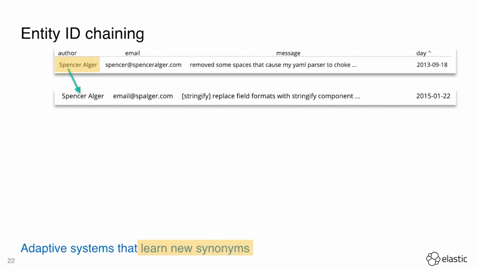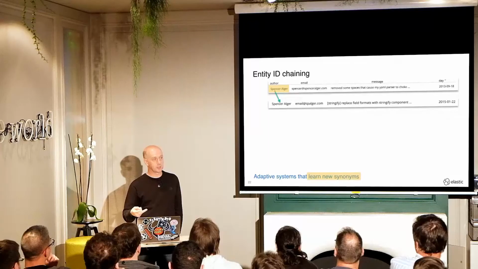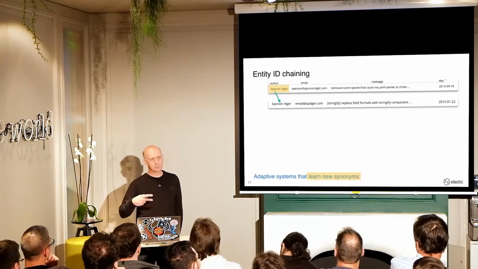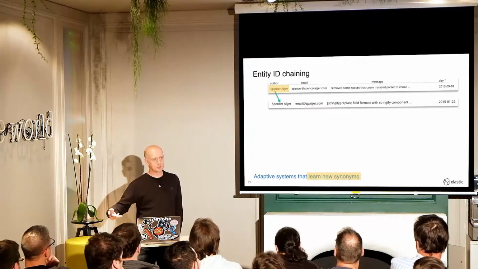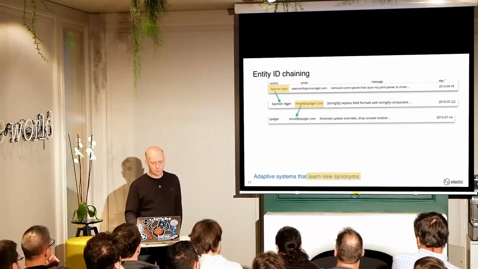We can take the user ID and use that to find other commits that share that same ID. But we've discovered that there's a different email address associated with this one. So he's got two email addresses that he's used in his history of GitHub commits. But again, that's taught us something new. We've just learnt he has another email address. So that's an opportunity to find more information. So we can take that email address and we can find